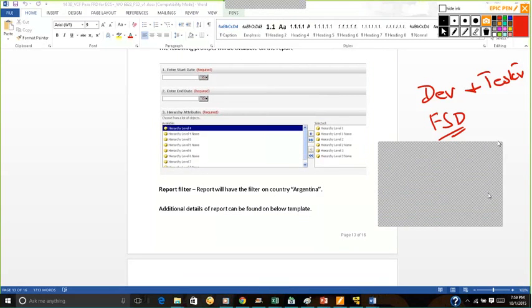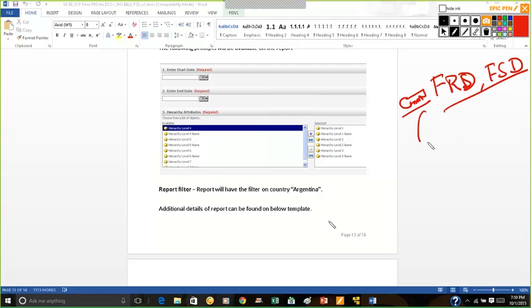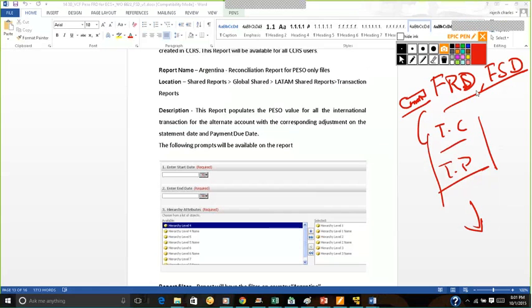So FSD or FRD document, this is the key document that you will be working with in order to prepare your test cases, test plan, anything that is going forward with your project. So this is how we get